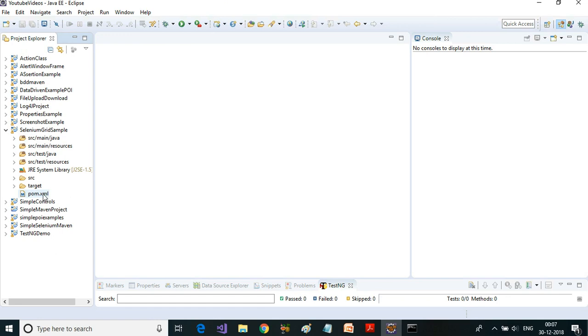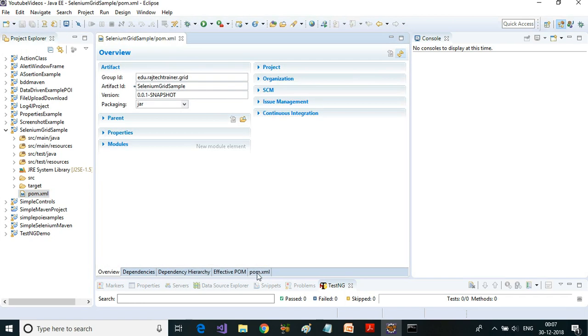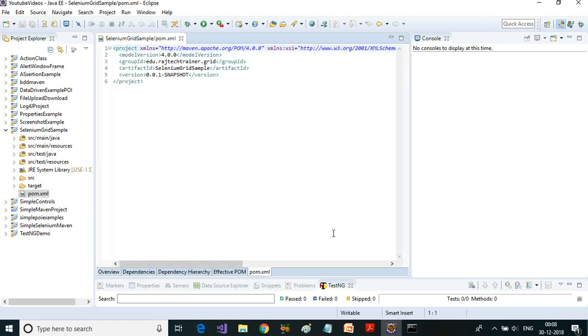Now the first thing is to add some dependencies. The dependencies which I'm going to add here are Selenium and TestNG. I'm going to copy the dependency from another project.